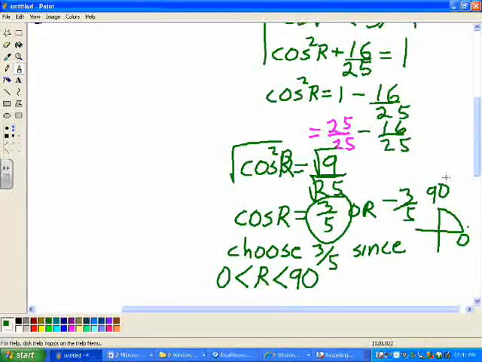Do you have to take the square root every single time? Yes. You'll be taking the square root